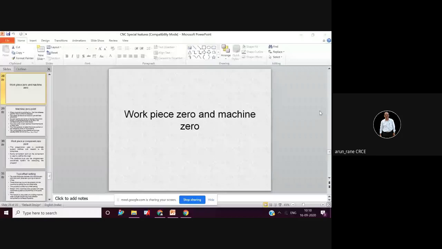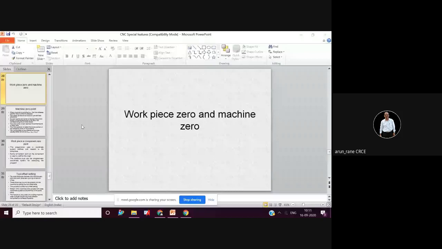And machine 0 is nothing but the home position, the machine home position or machine reference position. Now, touch probe is a device. That's an optional device. Touch probe is an optical device. It's costly, around 1 to 1.5 lakhs. It is a probe basically, a Renishaw probe. So you should touch here. That's an optical device, so it senses the workpiece edge and it gives the reading also.